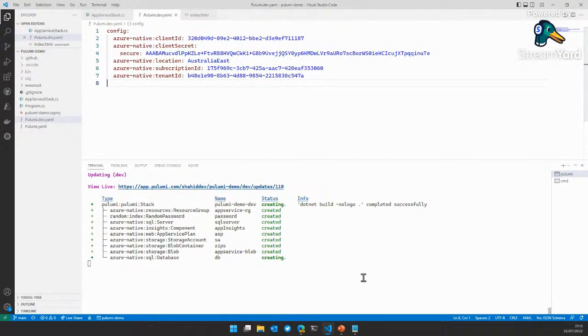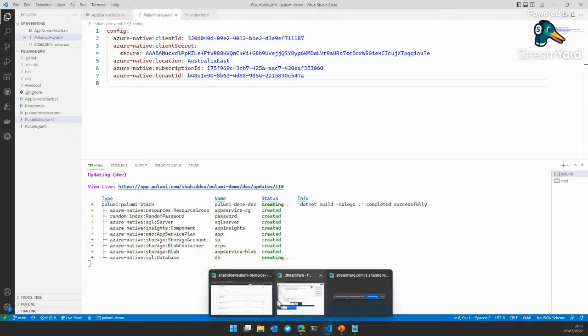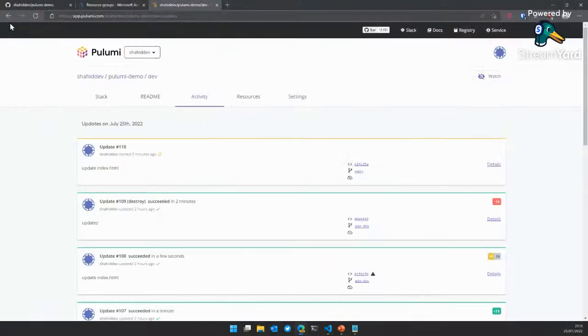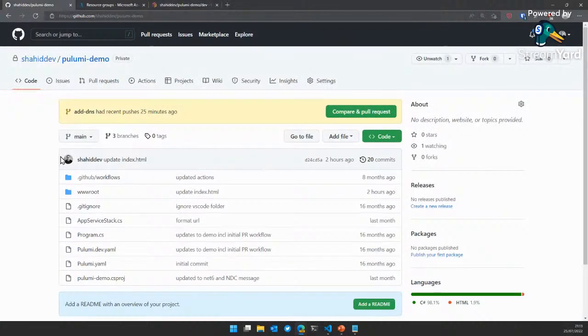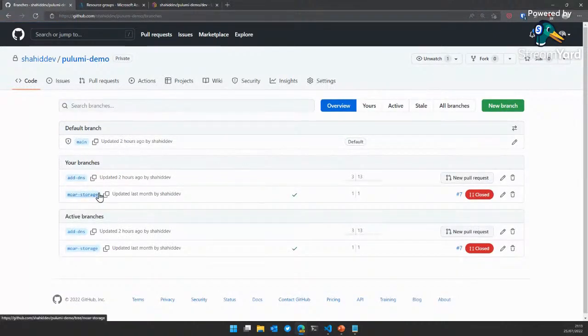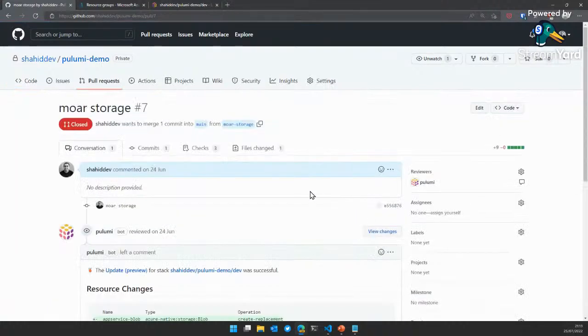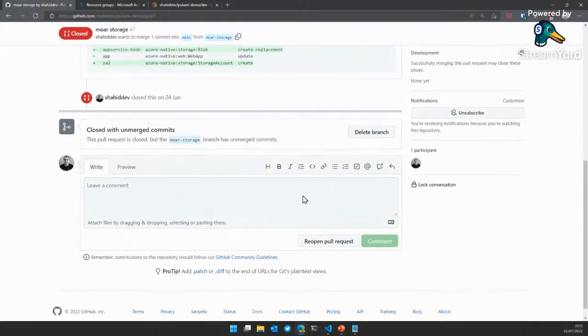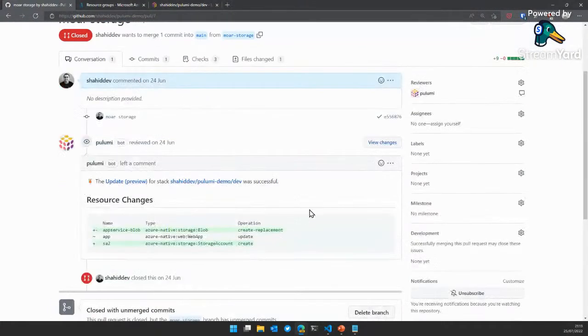So that's just running now. What I'll do is dive across to GitHub for a second, and we can start doing another demo, and then we can come back to that one. So I mentioned developer flow, right? And you saw a screenshot of it. So let's have a quick look at that. If I go to this branch here, can I reopen that pull request? Tell you what, in the interest of time, I won't redo the whole demo.